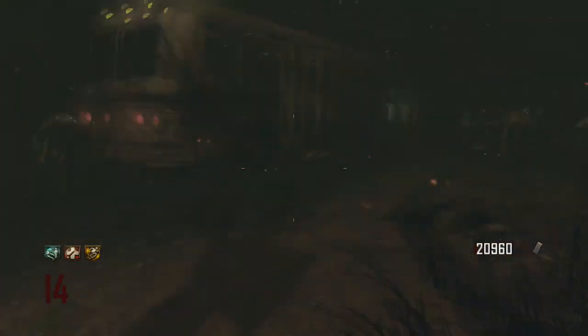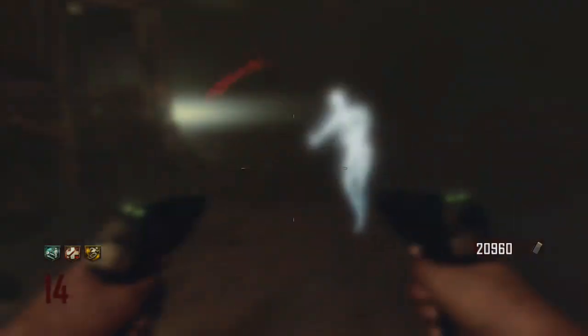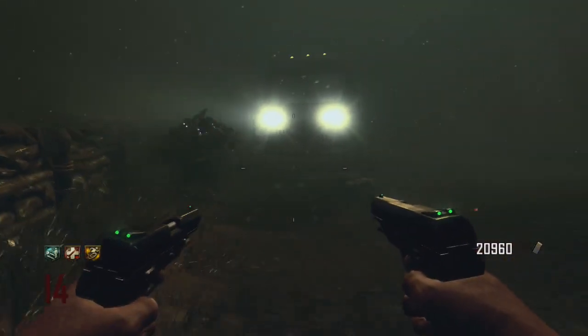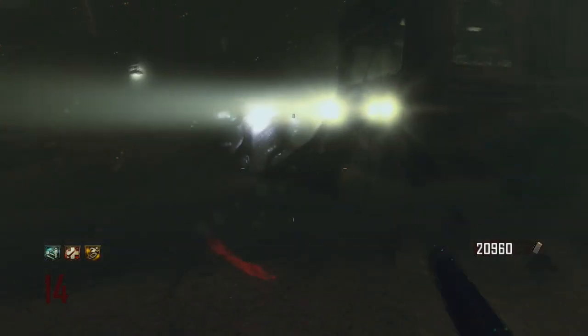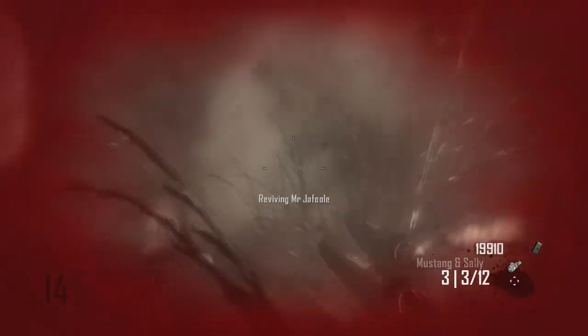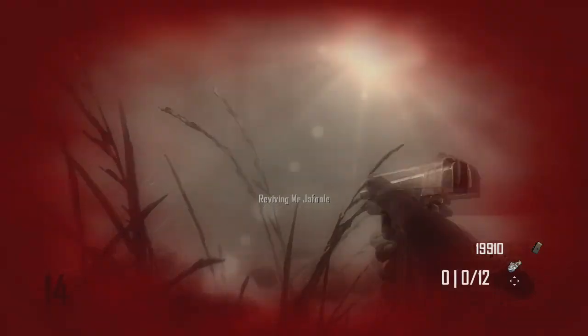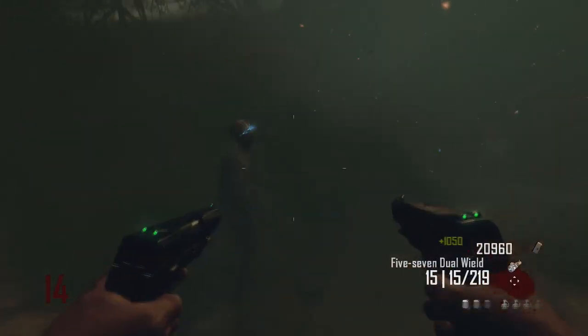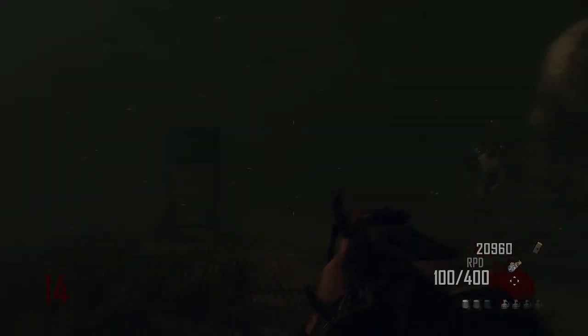So I'm glad I got downed anyway, because I can actually show you how you can come back from a down, get all your perks back, survive a round and just feel like an absolute beast. Now that was a bit unfair of a death there. Did manage to kill the electric zombie, but he killed me at the same time, which was very annoying. So what I did is I survived this round